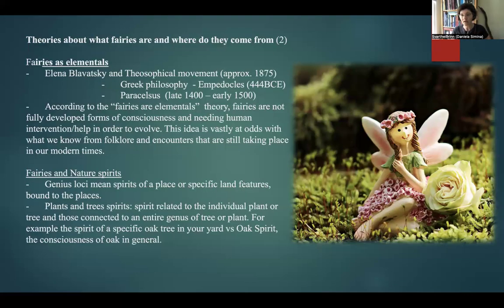To make it clear, I do not advocate that there is no such thing as an elemental fairy. Farther from the truth. I do believe, and it's my personal belief, might be right, might be wrong, but it's my belief, that fire, earth, water have their own elemental spirits. They have their own forms of consciousness, both larger and more encompassing, or smaller and more local. I do believe this to be the case.